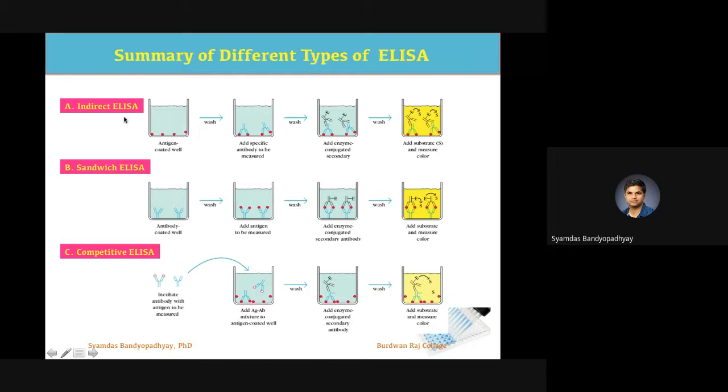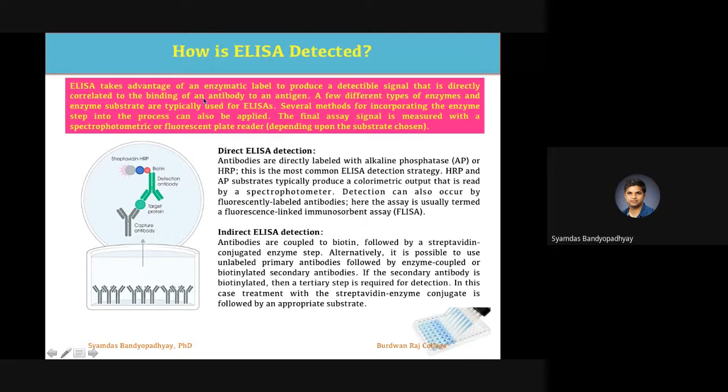So in this slide we basically summarize three different modifications of the ELISA. One is indirect ELISA, another is sandwich ELISA, and the final type is the competitive ELISA. Now the thing is, how is ELISA detected? The detection is important because this one is the capture antibody. If you remember, the capture antibody, as the name indicates, captures a specific antigen